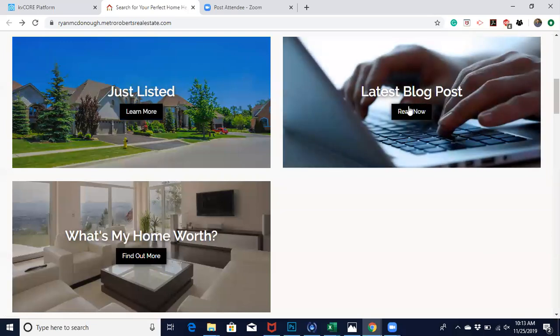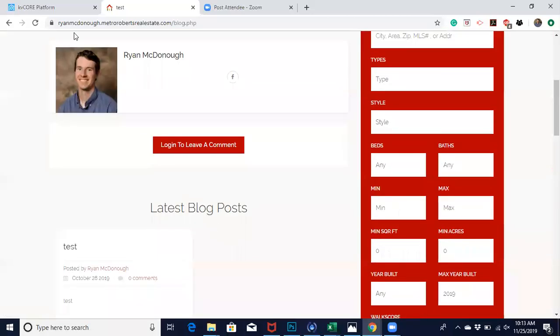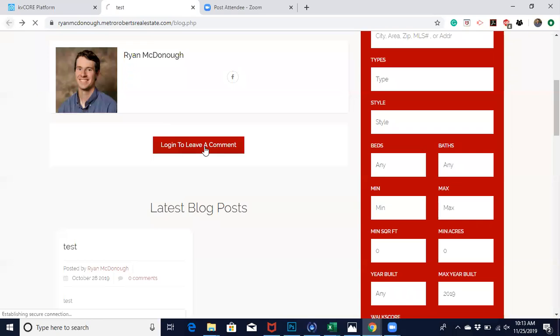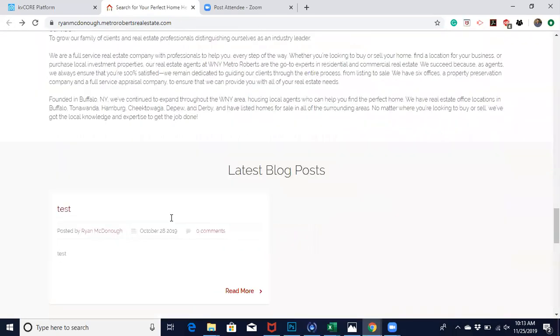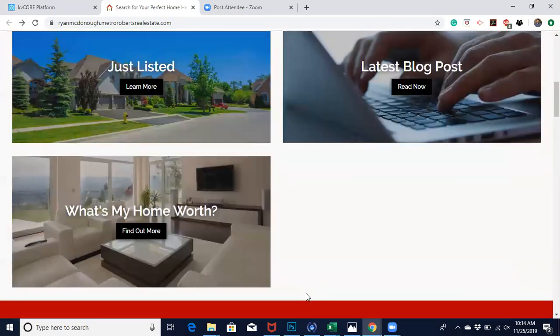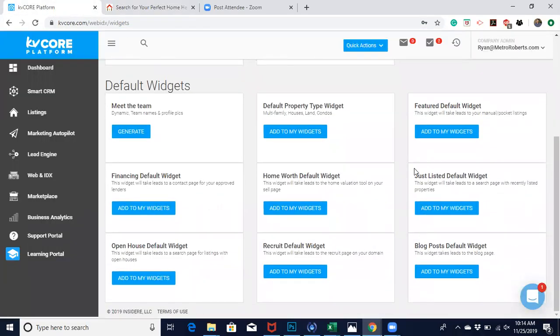There's also a widget to my blog. So it's a really easy way for someone to find my blog posts. Again, even though, as I just mentioned, my blog is also accessible right on the front page of my site, I might grab them here before they scroll all the way down to the bottom of my website. Some other options for widgets are featured homes,